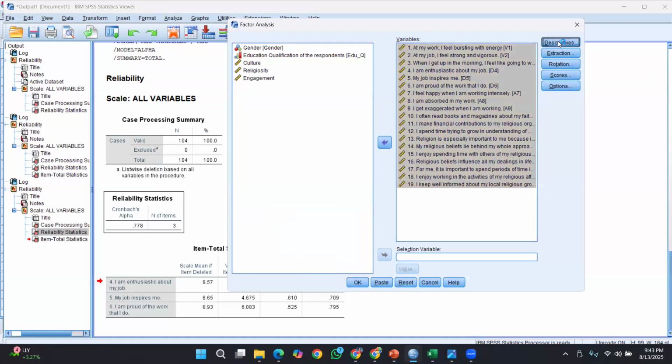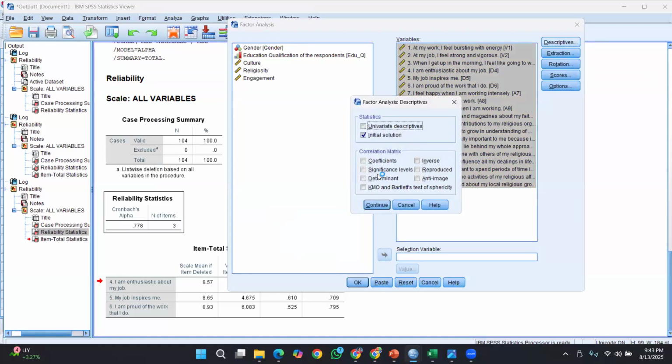You have to give some descriptives, and the KMO and Bartlett test, you have to say okay here.